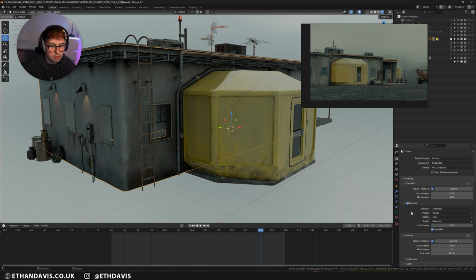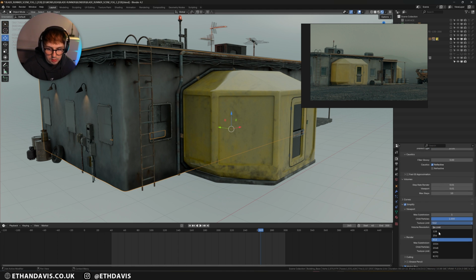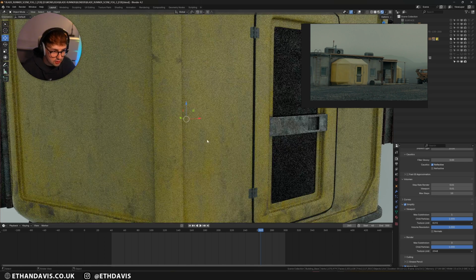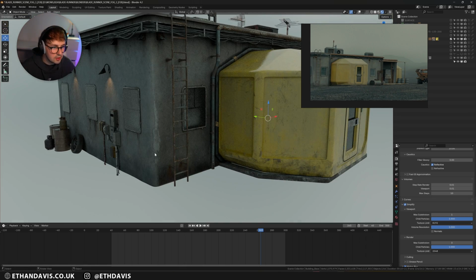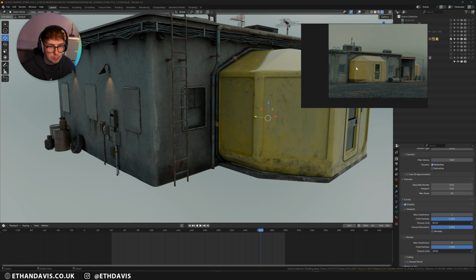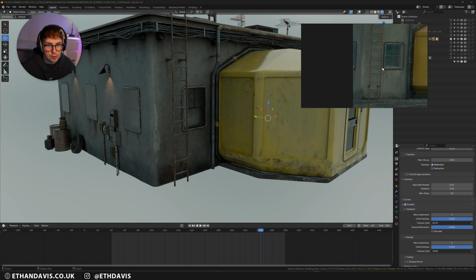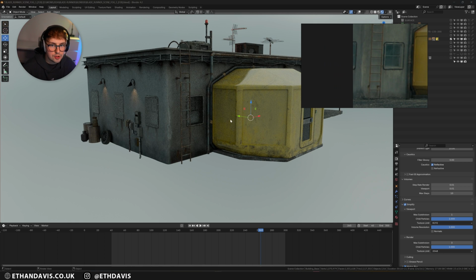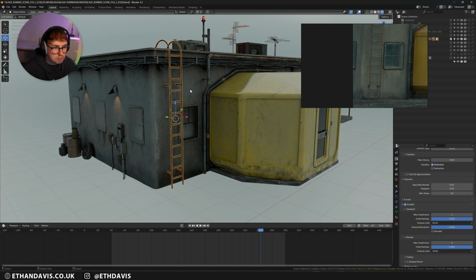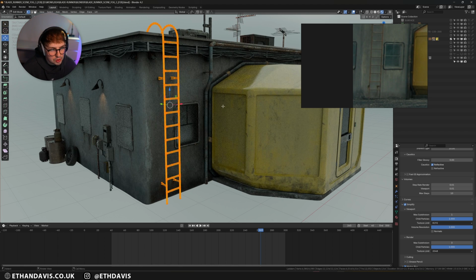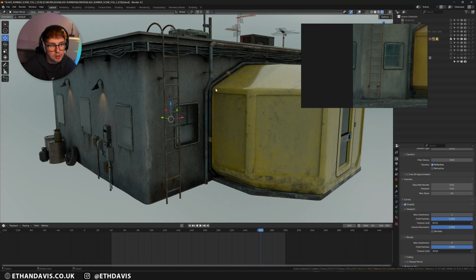I mean, let's turn simplify off just so we can have a look at all these textures in their full glory. So now we can see how textured everything is from camera view, and you can see the texturing that I've done to make this part of the wall look very accurate to this part of the wall. And yeah, it was just a case of, does it look right compared to that part, and just getting a sense of scale for everything. So everything is super simple modeling. Nothing really was difficult, if I'm honest.